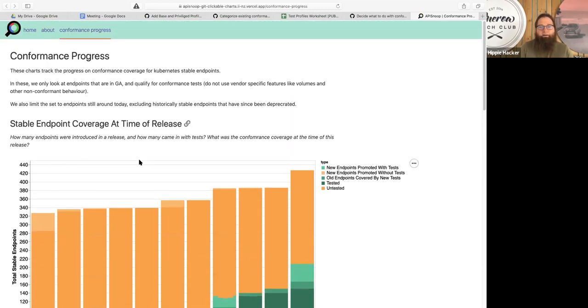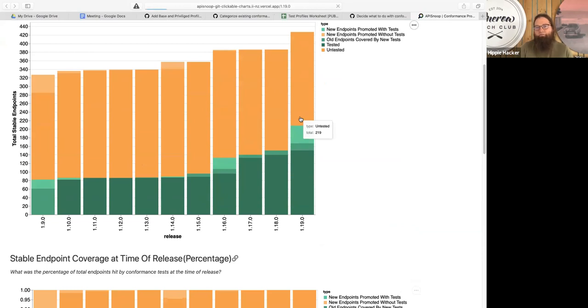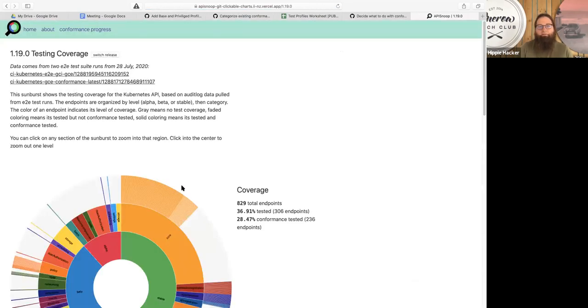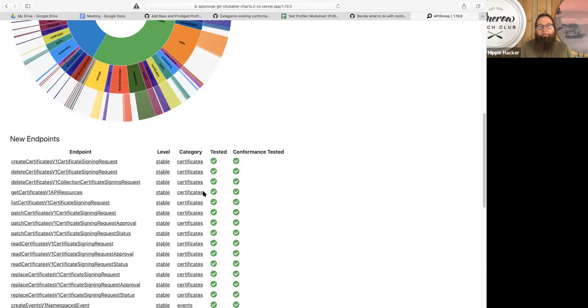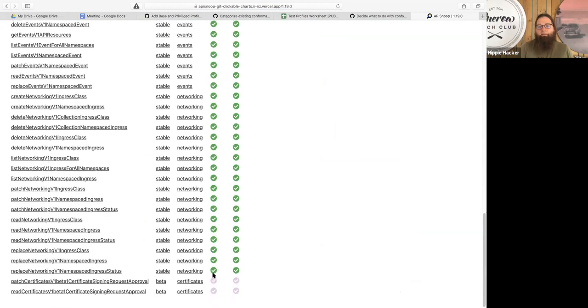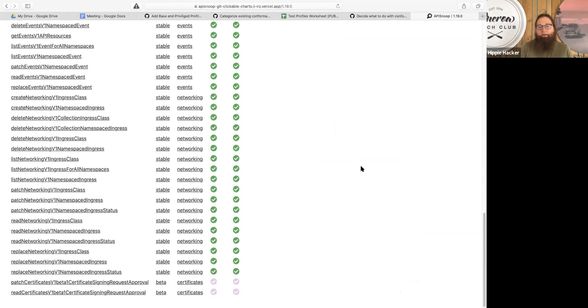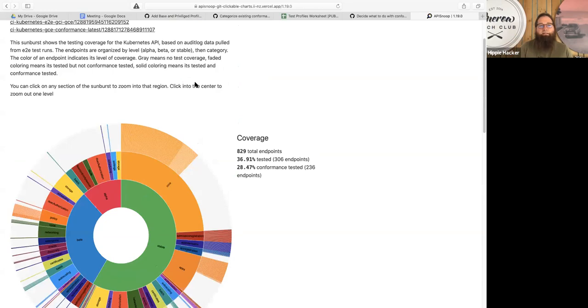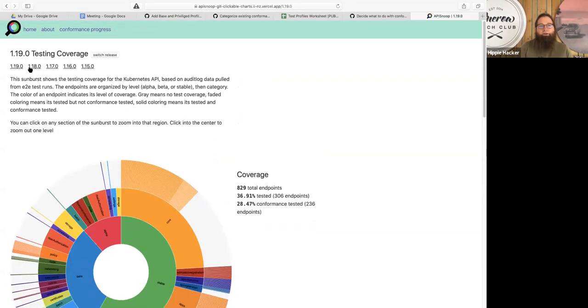One thing nice now is that if you're on here, this is not on the front page yet, but when you click on it, it'll take you to the release. And on that release, it will list the new endpoints that came in for this particular release. You'll notice all of the stable ones have tests, and we've got a few beta ones that don't have any tests yet. So maybe as we progress to having a bot, when things get promoted from alpha to beta, or even into beta, it can say, hey, you have some stuff that doesn't have tests yet. Just a reminder that to get to stable, you're going to need a conformance test. If you go to switch release and go back,